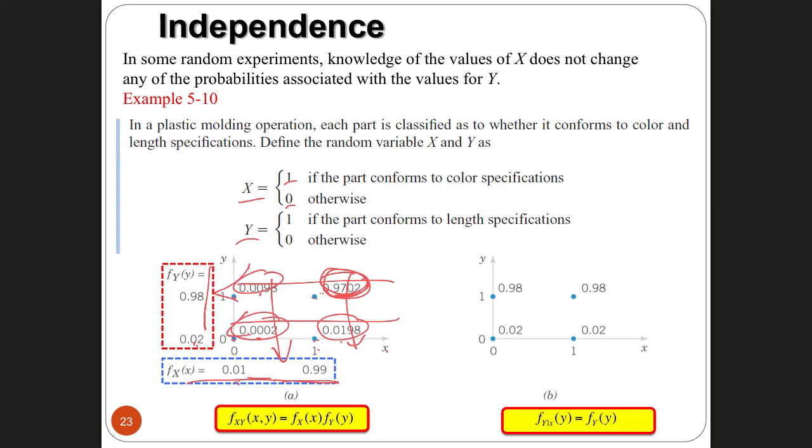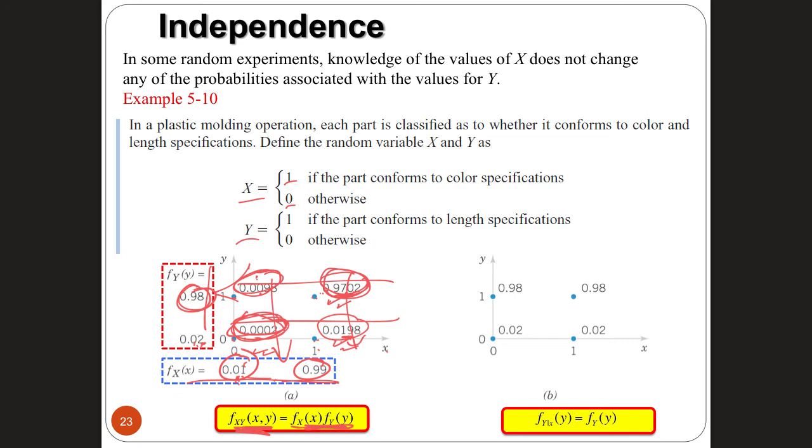Now to check, for x equals 0, y equals 0, the joint probability is 0.0002. And the multiplication of the two probabilities for x equals 0, y equals 0 from the marginals will give you the exact same value. Here, the same thing. This is equal to this times this. And here, this is equal to this times this. So it's true for all of them. This means that the condition that the joint is equal to the multiplication of the marginals is true,